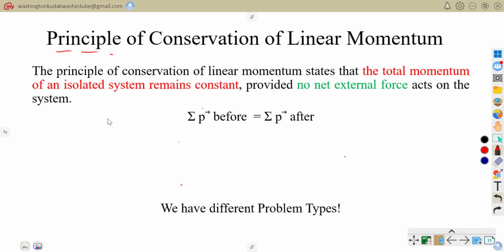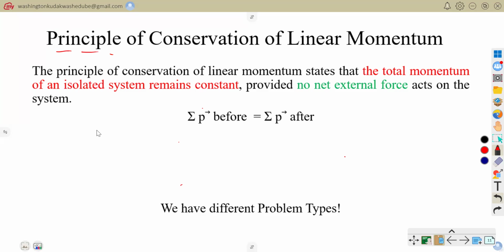principle. The principle of conservation of linear momentum states that the total momentum of an isolated system remains constant provided no net external force acts on the system. So what is it that we mean? We are saying that total linear momentum before collision should be equal to total linear momentum after collision, or else the total linear momentum before anything happens to our objects should be equal to after an action that would have